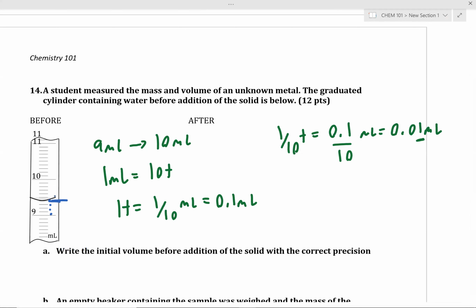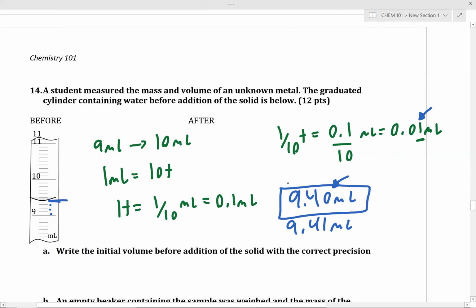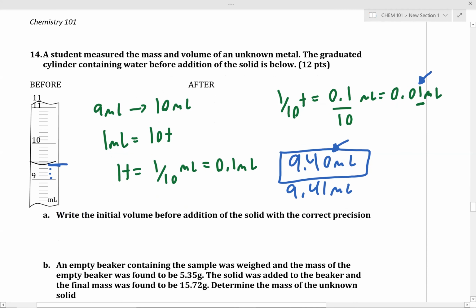So what would we write that as? 9.40 mL. 9.41 is also fine, as long as you're within 1 unit of the estimated digit, which is your hundredths place. Okay, let's go with 9.40 to make the math a little bit nicer. So we have our initial volume as 9.40